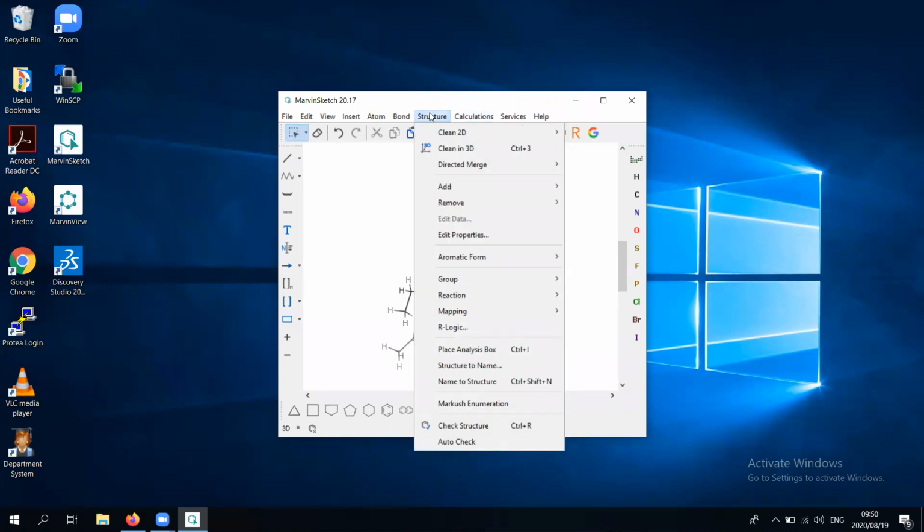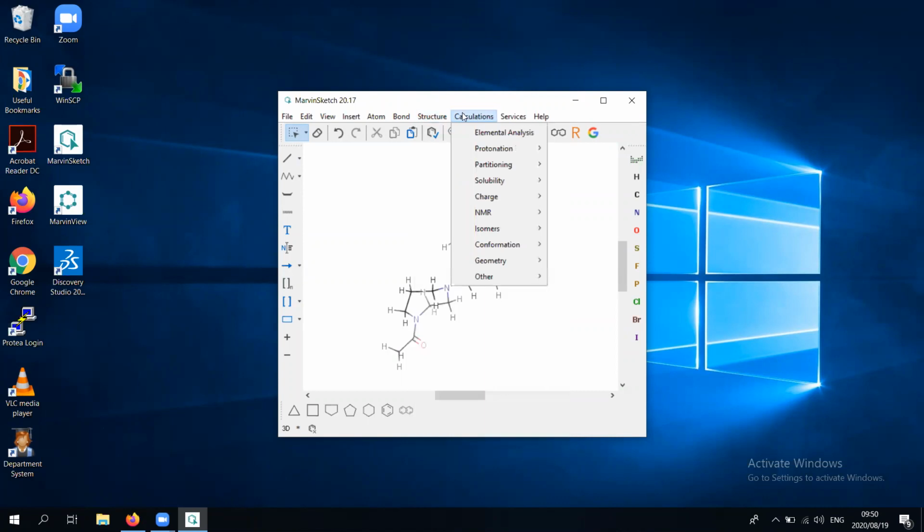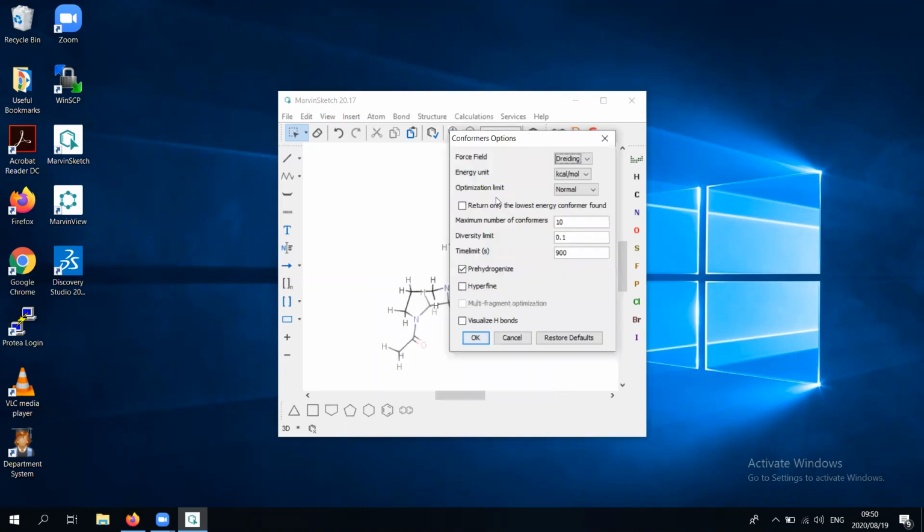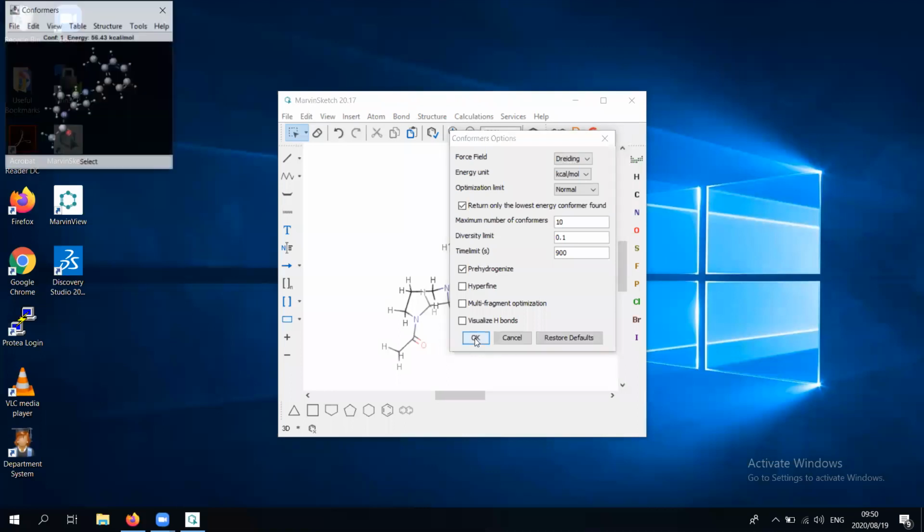We might have the wrong conformation. We might not have a low energy conformation. So let's do the calculation. Let's calculate conformers. I'm really only interested in the lowest energy conformer, so I'm just going to check that button over there. You can increase these numbers to make a longer search, and you'll probably get a better conformation. We'll speak about conformation